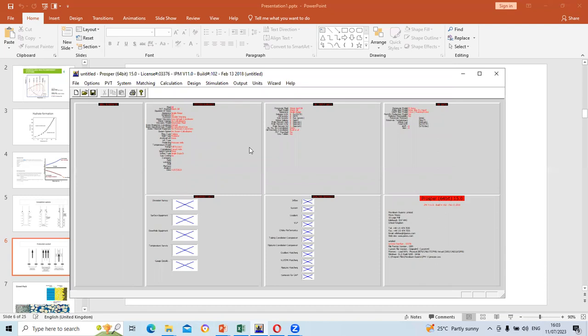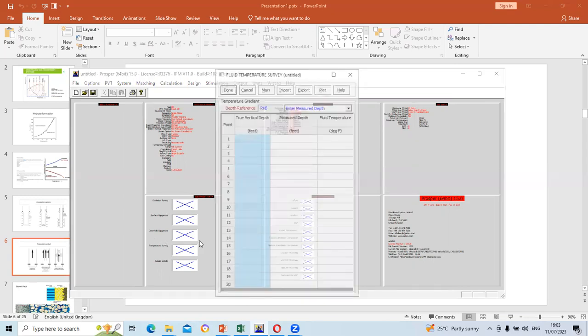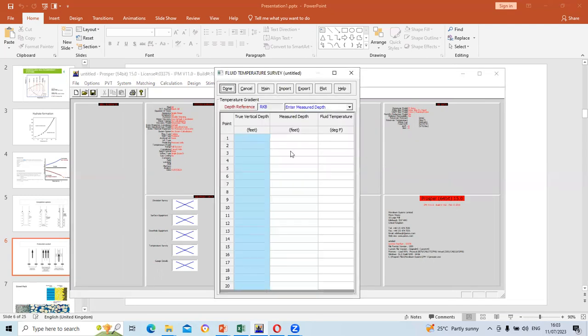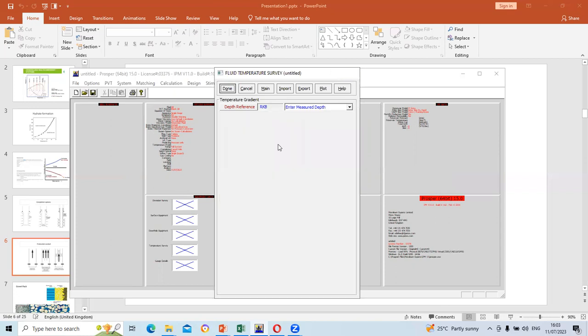Okay, so you see what appears here. We will generally put the information that we have here. If you look keenly, you are going to see temperature survey. This is temperature survey. So if I double click, it means that you have to give now your temperature survey. That means there's temperature data that you must have carried out. That's the reason why you don't want to calculate the temperature, because you already have temperature data. But if I take this off,